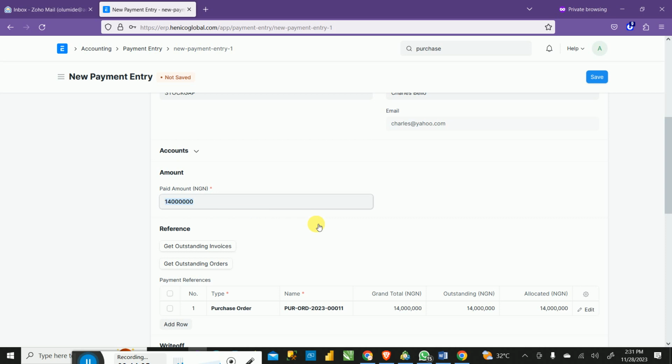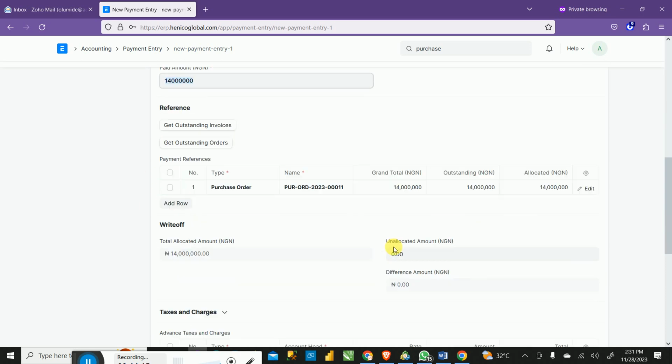If you are paying, in your own case, the full amount, you leave it as it is. But in situations whereby you make part payments, you have to change the amount here. So immediately you do that,